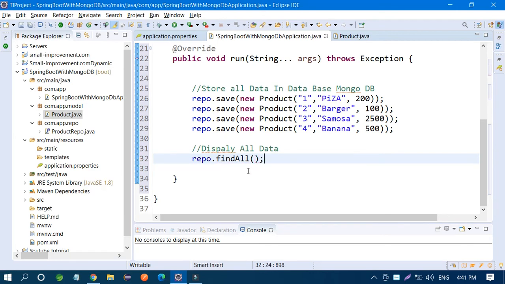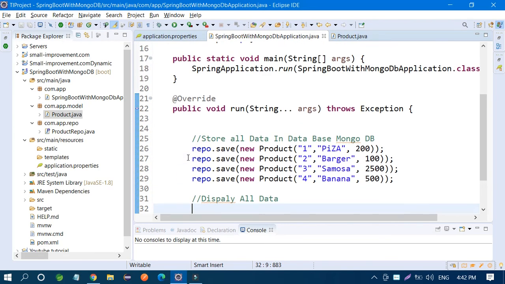Just save it. So findAll will give you all the things you want. I don't want it because I'm going to see this product in the database. You could store all the data in one array list, but no need. I'm just commenting it.